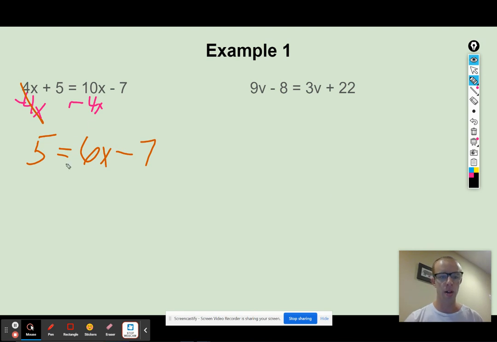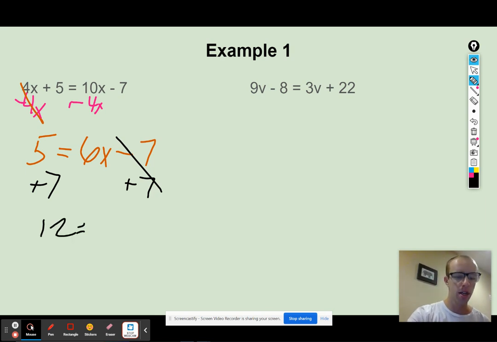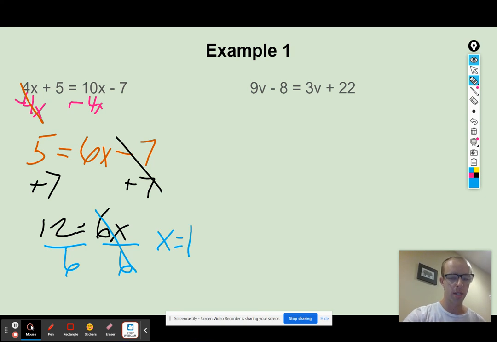We need to solve on the side with the variable. To get rid of a minus 7, I add 7 to both sides. These cancel out because it's a minus 7 and a plus 7. 5 plus 7 is 12 equals 6x. The 6x came straight down because I didn't use it. And my last step, 6 times x. To get rid of multiplication, I do division. These cancel. X is by itself. X is equal to 12